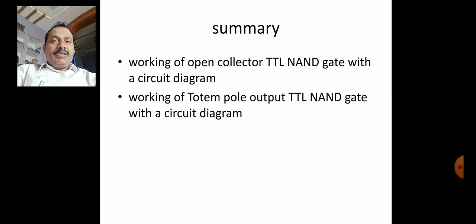So we have discussed open collector TTL NAND gate with a circuit diagram, and totem pole output TTL NAND gate